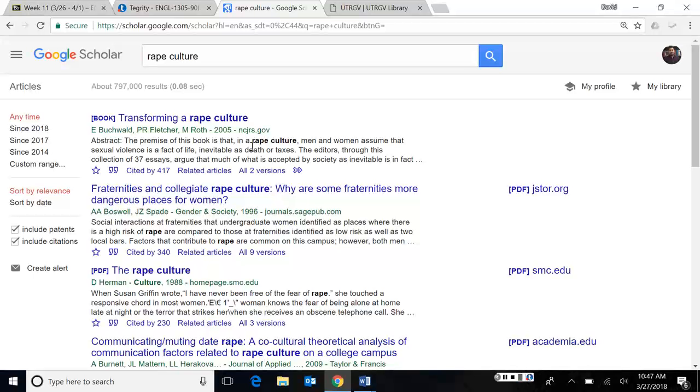Okay. You'll also notice underneath here, there's a couple of interesting tools that you can use. My favorite is this "cited by." Cited by tells me that 417 other articles have cited this book. What that tells me is that this book must be popular and relevant to the topic. It doesn't necessarily mean that it's a good source, but it might be a source worth looking into, especially if